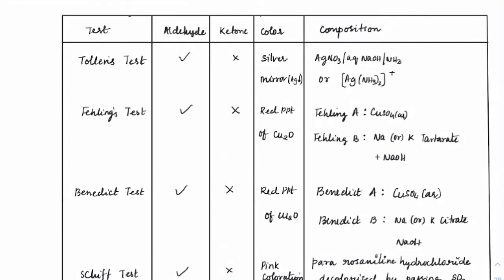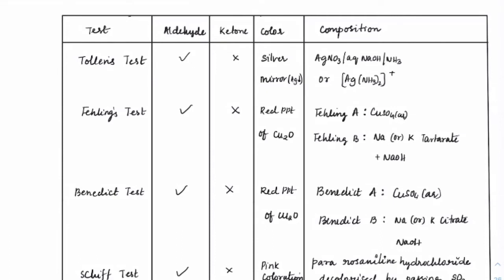Tollens test, if you check out the Tollens test, how do we determine that there is a presence of aldehyde? You will see a silver mirror forming on the walls of the test tube. So if a silver mirror forms on the walls of the test tube, it confirms the presence of aldehyde, and that is called the Tollens test. The reagent which we will be using for the Tollens test is ammoniacal silver nitrate. So we take any ammoniacal silver nitrate, and always in basic medium. Okay, that would give us this reaction.